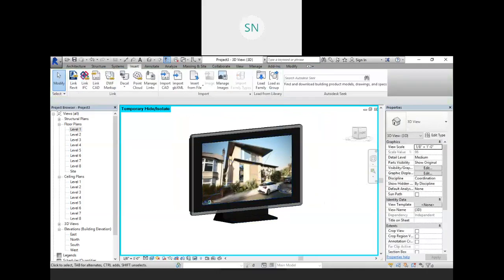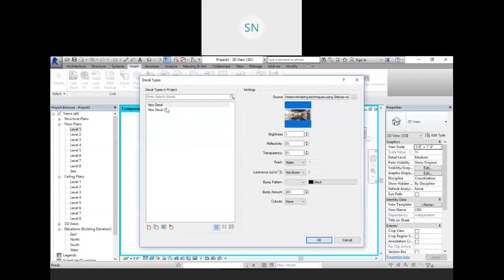So this is my TV, but this image should glow a little bit, because this is our television, so there must be some lighting effect over there. That thing we also have in the decal. Whenever you are creating a decal, we have brightness, reflectivity, transparency, and a luminance property also. So if you provide a luminance property like it's an LCD screen, it will automatically adopt that much lighting